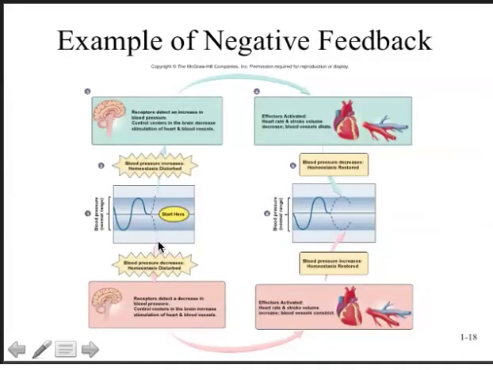Blood pressure drops too much, receptors detect a decrease in blood pressure, and the control centers in the brain increase the stimulation of the heart and the blood vessels. So the heart is going to pump more quickly and squeeze harder every time that it pumps. The result is that the blood pressure will go up. Another thing that will happen is that the blood vessels will vasoconstrict. This will cause the blood pressure to rise, and the result is that the blood pressure will head back towards